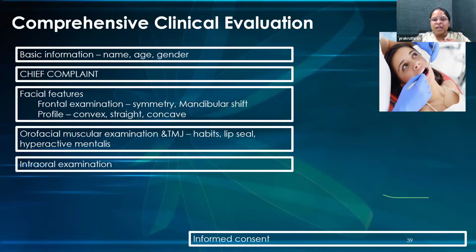So what are your plans? If the patient is growing, the treatment plan will vary. If it is already an adult patient, the treatment plan will vary. So that's how you need to mention these are the concerns for the patient. These are the clinical evaluations that we have made, and these things need to be addressed from aligner treatment. And also the soft tissue: any habits present in the patient, any hyperactive musculature that you can see, and also a thorough intraoral examination, starting from any recession that is present, any abnormal frenal attachment, and severe rotations,